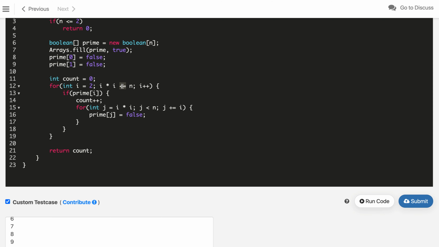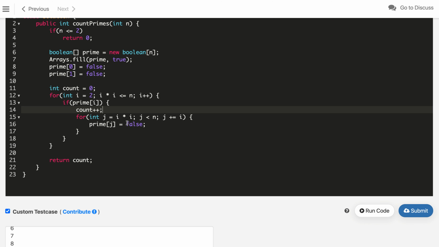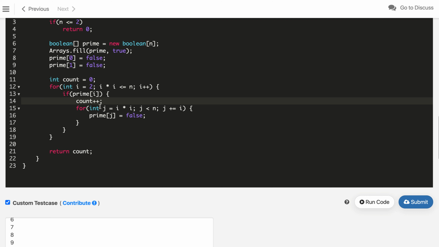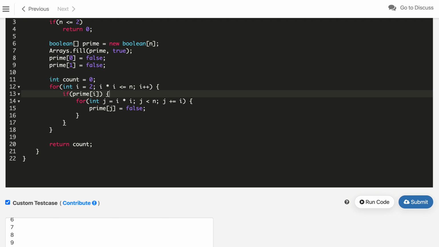Let's see why we are getting the wrong answer. We are running this, and if it is a prime, we count it once and mark all of its multiples, starting from i times i, going i plus i. So 2 is counted, 3 is counted, 4 okay. Here we are not running over all of them, so counting here will not give us a correct answer.